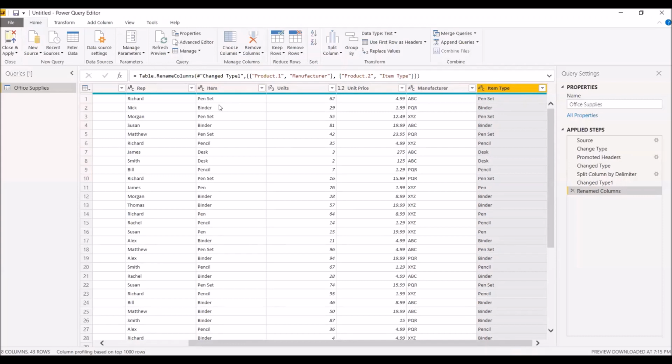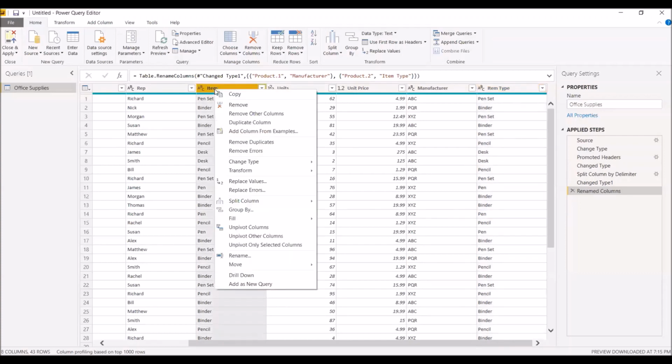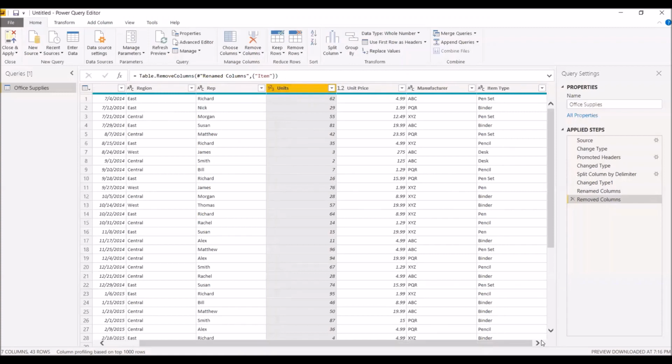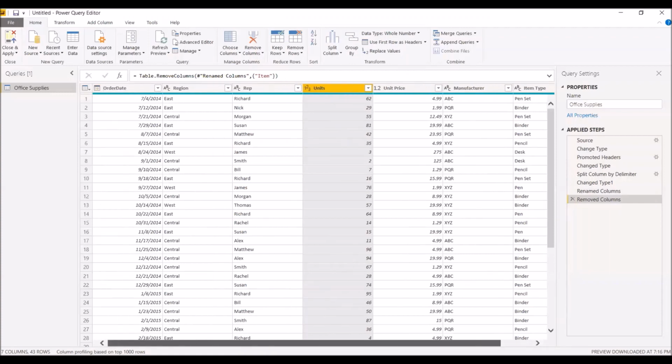So I can delete one of the columns. Removing one of the columns is going to be our third basic data transformation that we will see today. So I select the column and right click on it, and I can choose remove. If I click on remove, that particular column has been removed for me, and now this is the data set that you have in front of you.